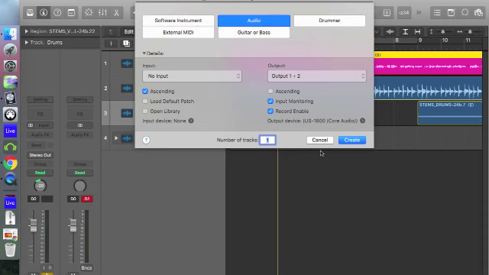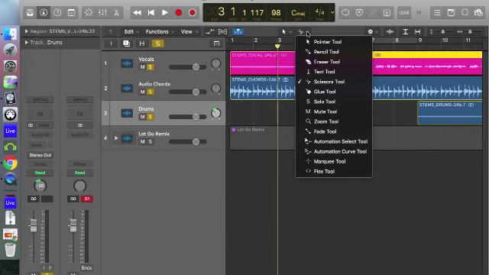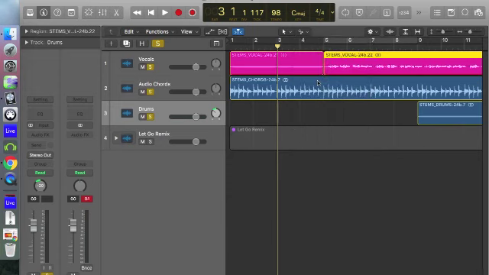Create that with audio tracks and as many as you need for this. I'd recommend probably during the time we've got maybe 3 would be appropriate. So click the number of tracks, right central and create. I'm going to be cancelling at the moment because I have these prepared here. What I'd then like you to do is move to the toolbar, and up on the toolbar you will find